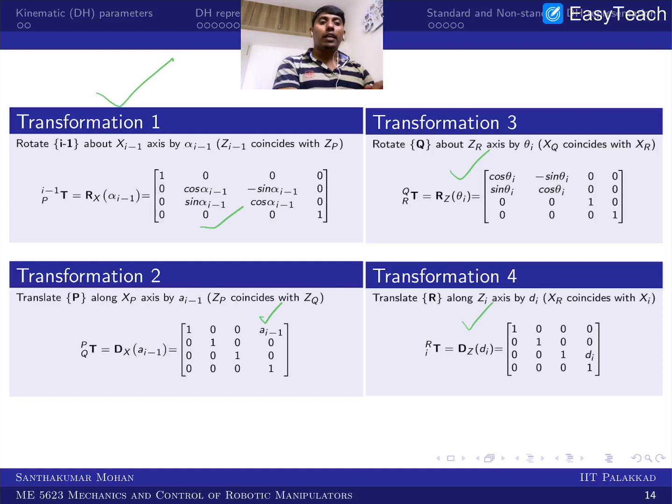Whereas if you do the other way around, you first rotate about the z axis and then translate along the z axis, then rotate about the x axis and translate along the x axis. Then this is the standard Denavit-Hartenberg representation. Then the matrix would be different. So this is the first operation, the second, the third, and the fourth operation. Here we did all the transformations with respect to the mobile frame, the moved frame, or body frame.